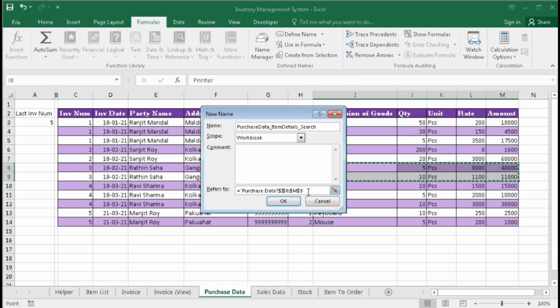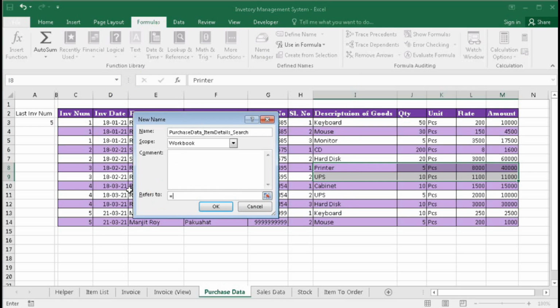Now select this one, equal to OFFSET, bracket open. I will start it from here, comma, how many cells to go down. For that we have to search the invoice number here, so use the MATCH function, bracket open.